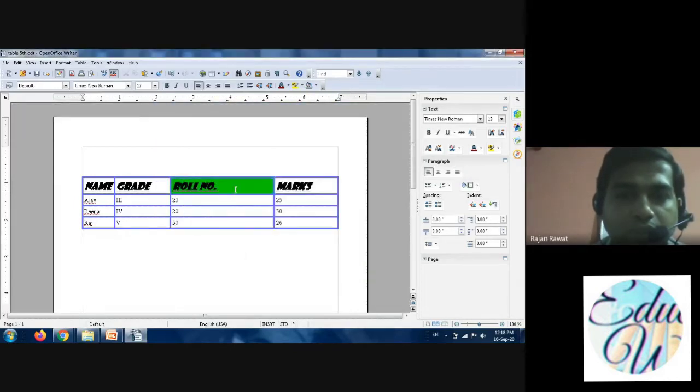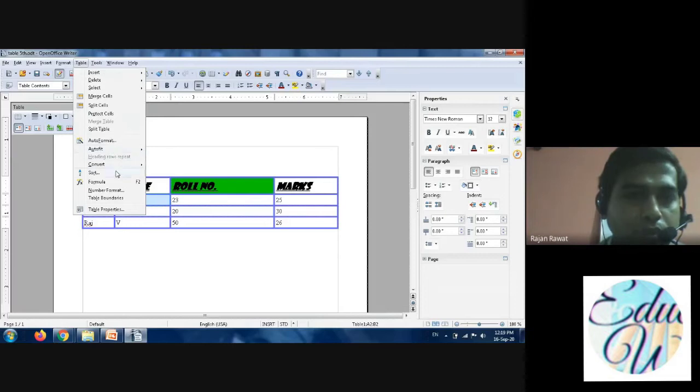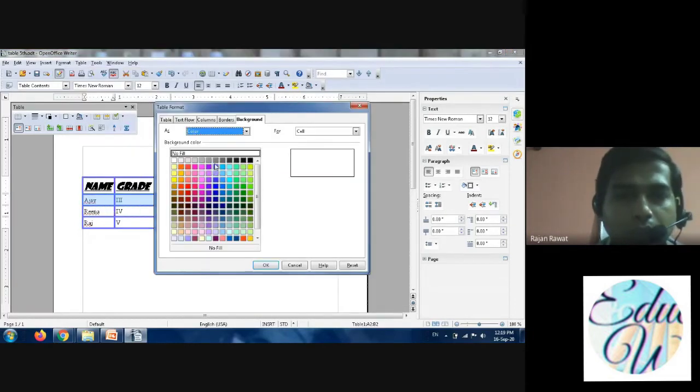Now student, you can see that the cell is green in color. If you want to change the color of the cell, again I am showing you. You have to select the cell, like I have selected Ajay and grade 3, this one, and then you have to go to the table option. Then you have to select the Table Properties option, and the color is already there, cell is also there.